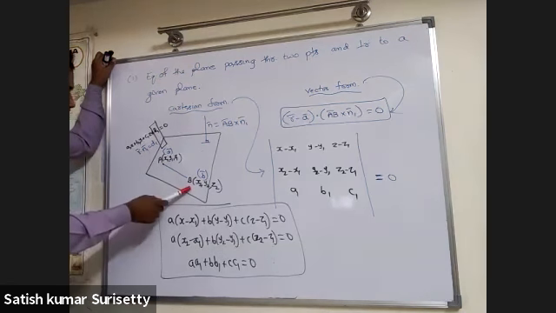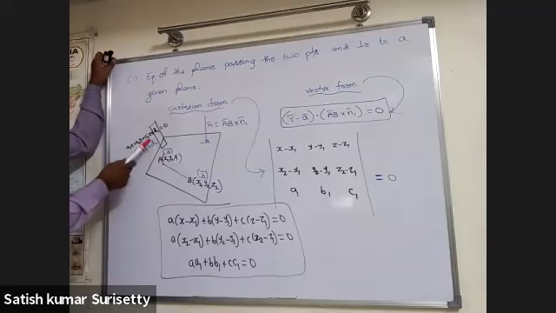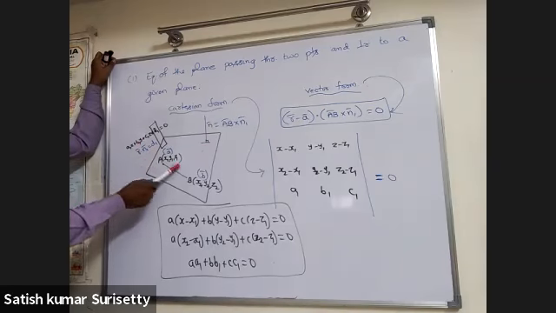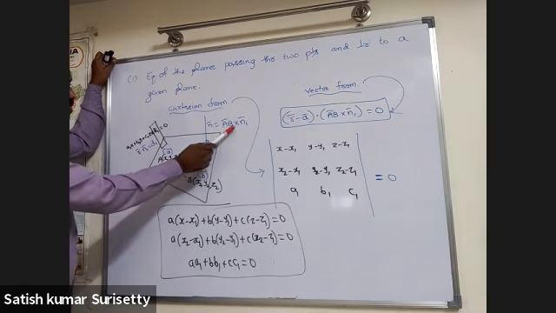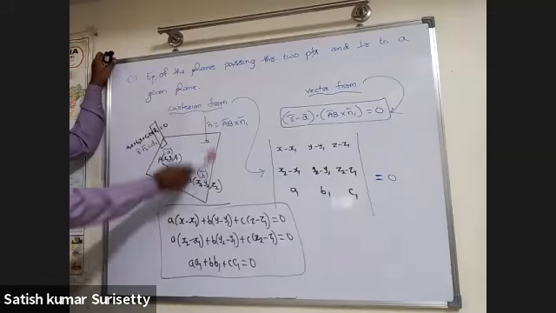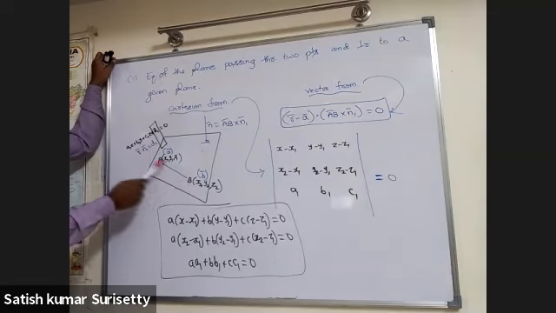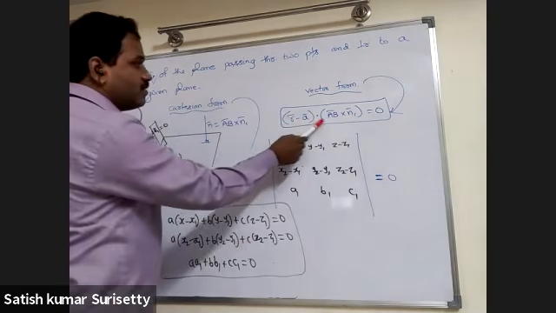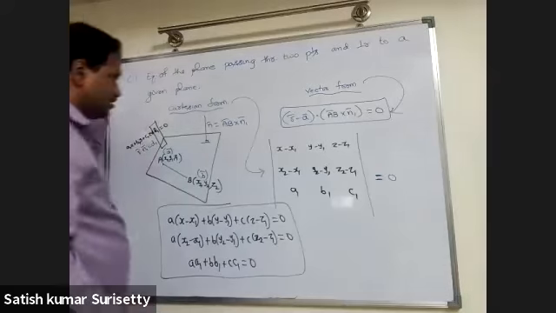Now AB bar is along the plane, and because these two planes are perpendicular, n1 bar is also along this plane. So n1 bar cross AB bar is perpendicular to the plane passing through 2 points. That is, the normal vector of the plane becomes n bar equal to AB bar cross n1 bar. So the equation of the plane passing through 2 points A and B with normal vector n bar, I can write as r bar minus a bar dot AB bar cross n1 bar equal to 0.